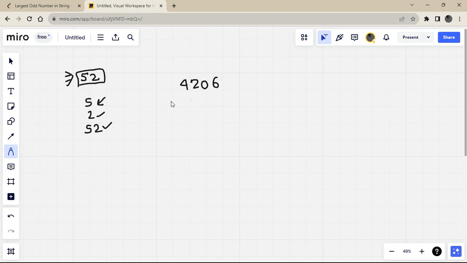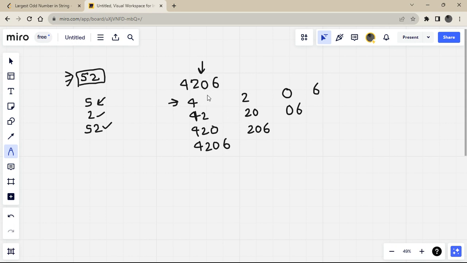If we write all substrings which can be generated using this string, the substrings are 4, 4 2, 4 2 0, and 4 2 0 6, and 2, 2 0, 2 0 6, and 0, 0 6, and 6. So these are all the substrings that we can generate using this given string.